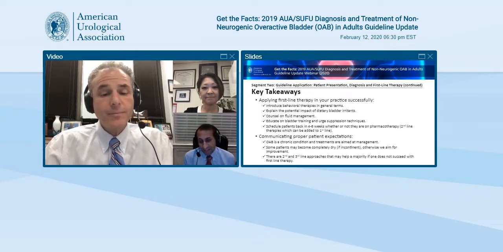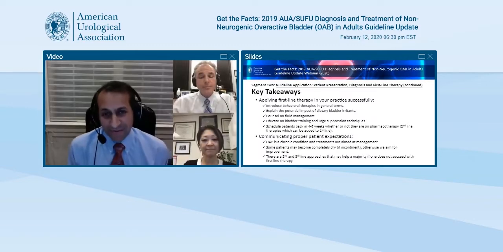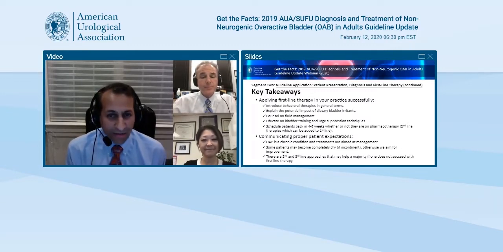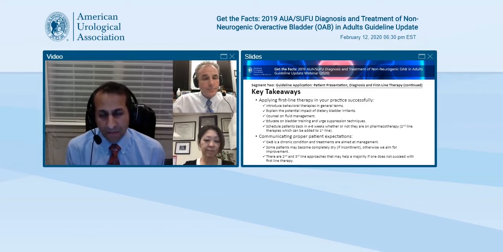Now, I think it's all about expectations, right? I think that's perhaps the main thing. They have to realize that overactive bladder is a chronic condition. Anything we're talking about with them does aim at management in terms of making it best for them. So whatever adjunctive measures they need to use, as Dr. Kobashi mentioned, a lot of the behavioral therapeutic aspects, they need to continually encompass that no matter what they do, be it medications or even third-line therapies. So they need to be considerate of that.